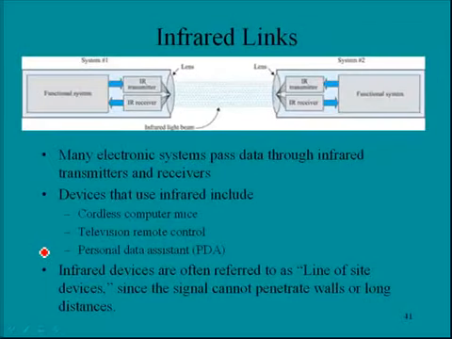And then we have infrared. Many electronic systems pass data through infrared transmitters and receivers. And up here you see we have a picture of a transmitter and a receiver. And you'll see these little dotted lines here are indicating the actual infrared signal that's being passed from one to the other. And you have a picture of this in your text, by the way. Devices that use infrared include